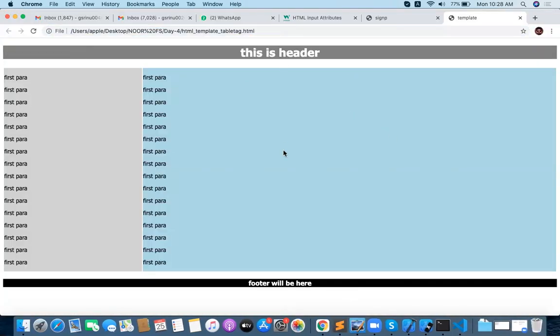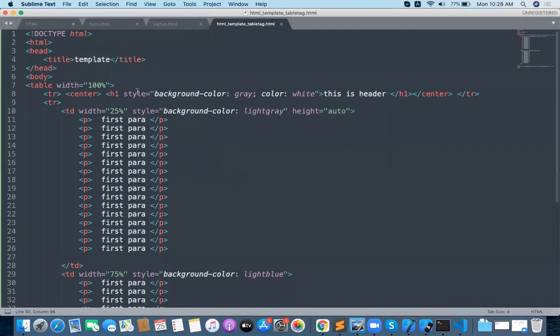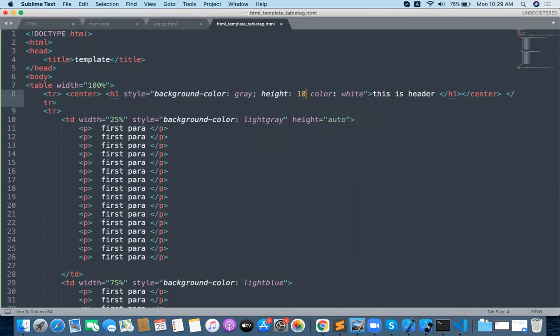Now this is the header, this is the footer, and this is your main content. And main content is auto, nothing but whatever content you are placing, based on the content it is actually elaborating. Don't worry about that. Am I clear with this one? And you should understand some CSS part actually. If you know CSS properly, then it is very clear for you. And height should be something like 100 px. Fine for this.